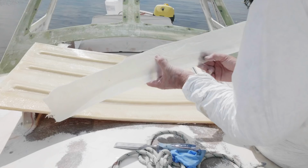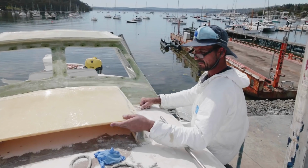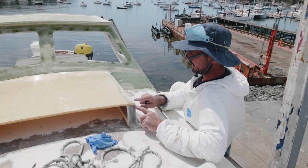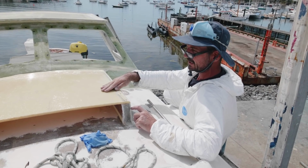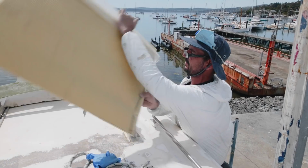Packing tape. Look at that. It replicated the wrinkles that were in it. Oh, really? Yeah. But what we want to do is make a front piece joined to this, and then we'll put some thickened compound in here and bring more double bias glass to come over here and join with that. We'll glue that in place,